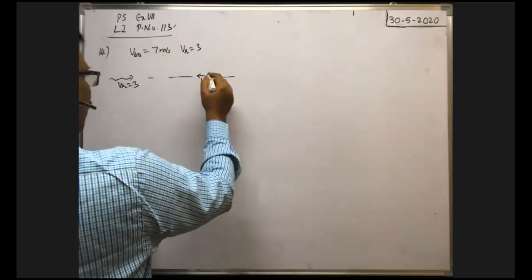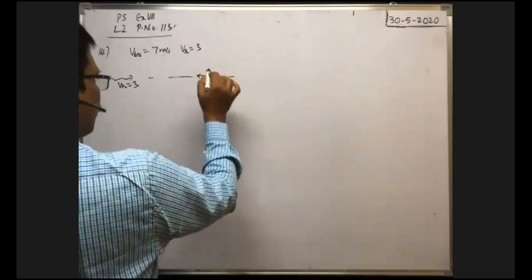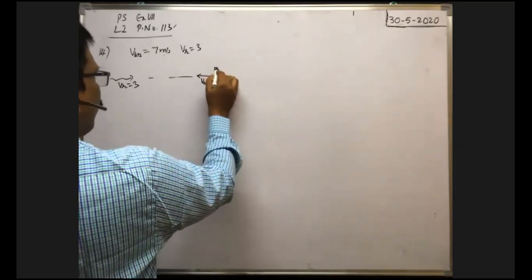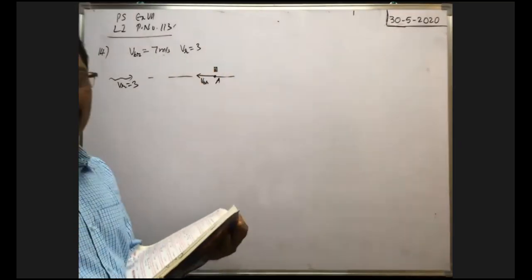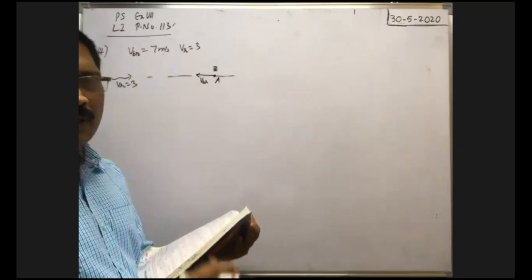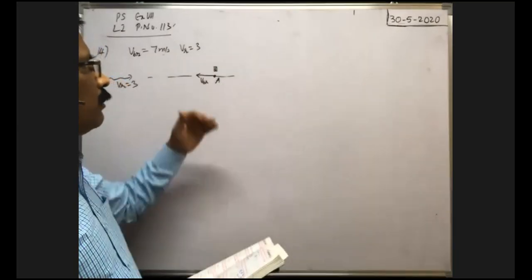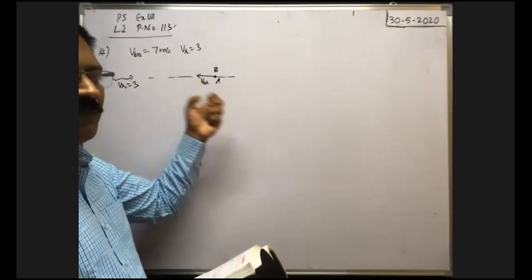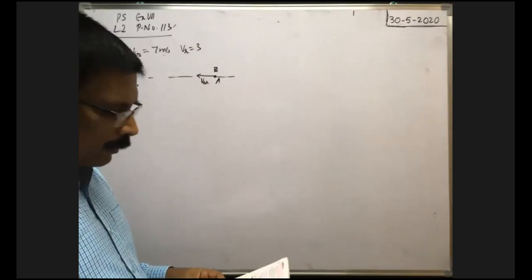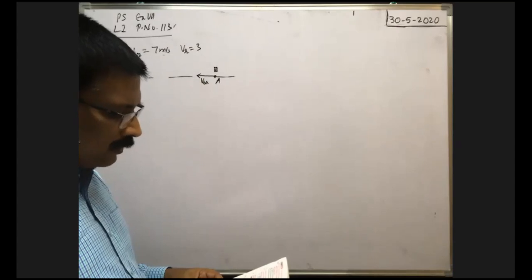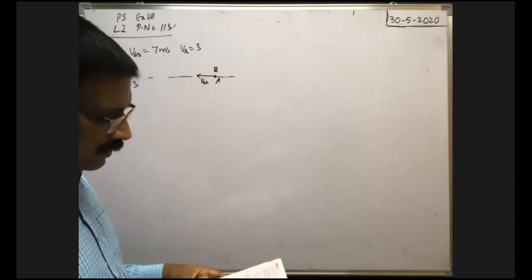At the instant whenever the boat is at this point, a float is dropped, a float falls on the surface of the water from the ship. That means from the ship, a body which can be floated over the surface of the water falls from the ship. Okay. Now the boat travels 4.2 kilometer upstream and then returns and reaches the float.